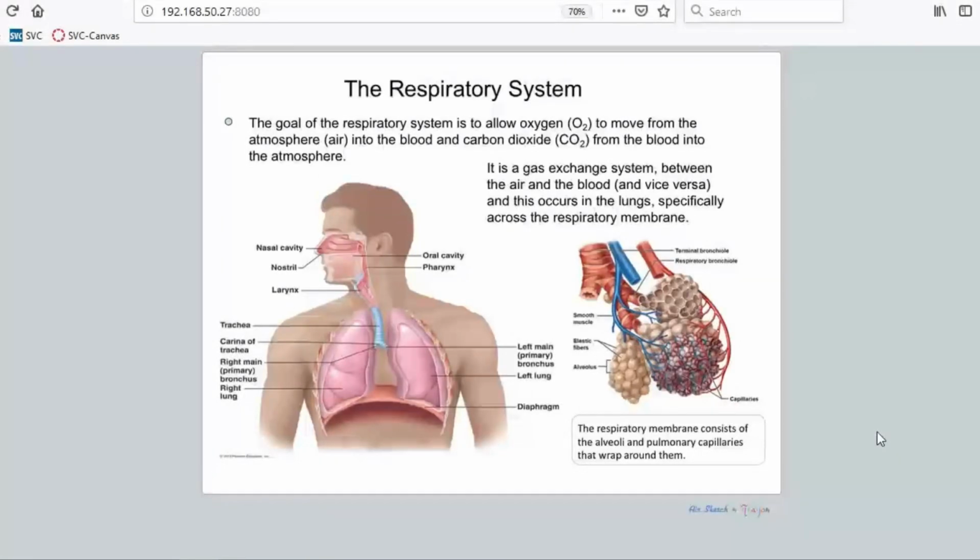All right, so now we're going to talk about the respiratory system. And this is the respiratory system right here. The respiratory system consists of the nose, the nasal cavity, then we work our way back into the pharynx or the throat,